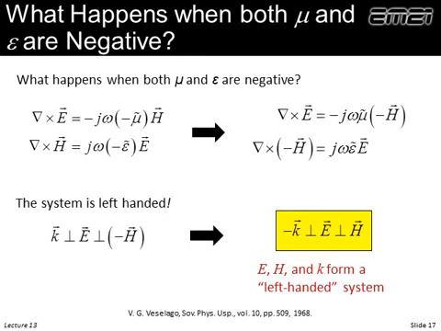Since we've associated here the negative sign with the H in a left-handed material, I guess we shouldn't call it left-handed yet, we have negative mu and epsilon, we associate the negative with the H, it actually changes the handedness of what used to be our right-handed system, and now we call it a left-handed system because E cross H now is in the opposite direction of K. And so now that obeys a left-handed rule, and we call these left-handed metamaterials.